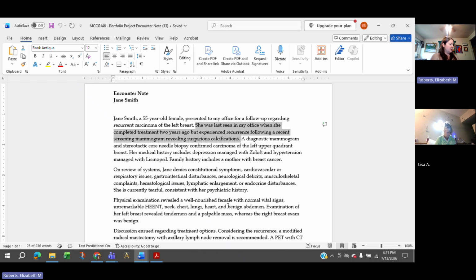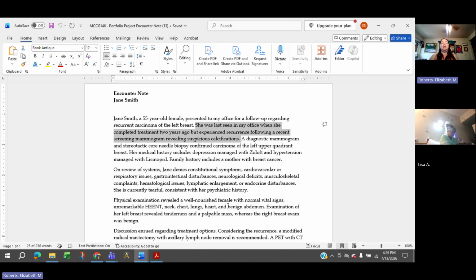New versus established patient guidelines is on page 6, and there's a flow chart or a decision tree to help you determine whether or not a patient is new or established. It says, has this patient received any professional service from the physician or other qualified healthcare professional, or another physician or other qualified healthcare professional in the same group of the same specialty within the past 3 years? Make sure you're highlighting, underlining, or putting stars around important things in your book so you can pull them out visually when you need them.